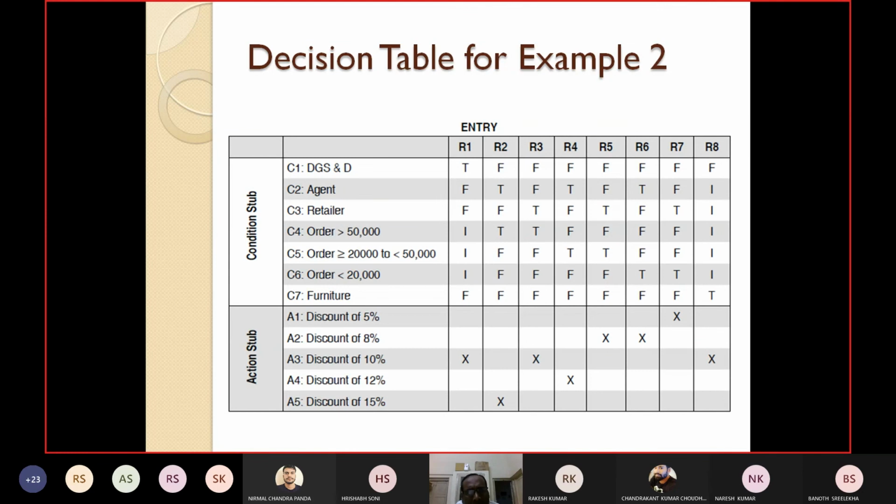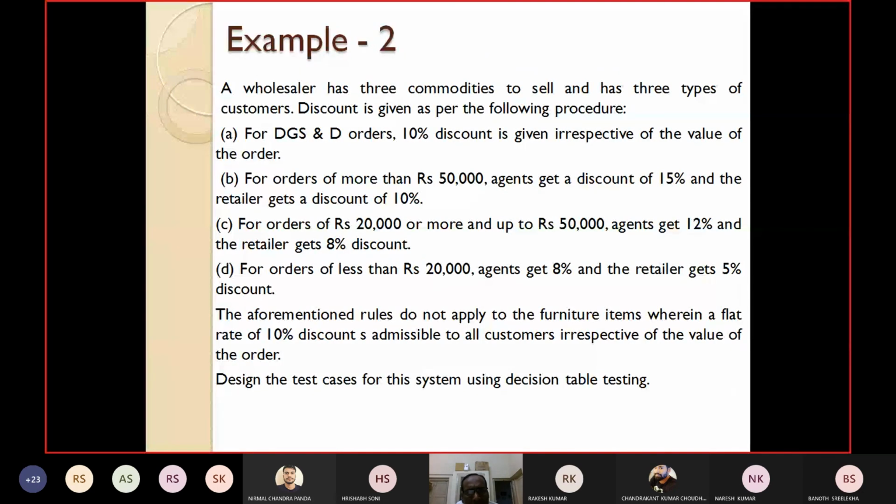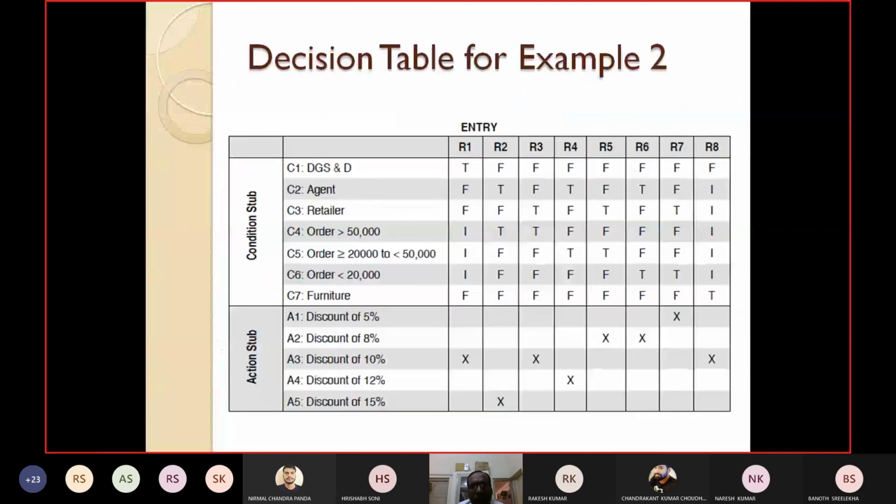If you are a DGST customer, whatever the order value may be, you will be straightforwardly given a 10% discount. I have accordingly done it. If DGST is true, then the agent and retailer conditions do not arise, so they will be false, and for any value, you will get 10%.